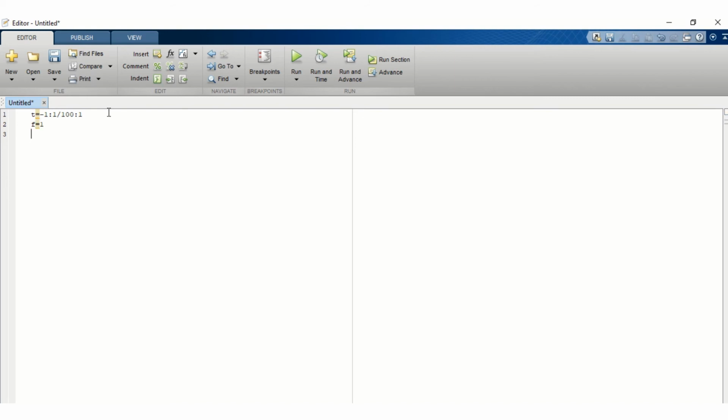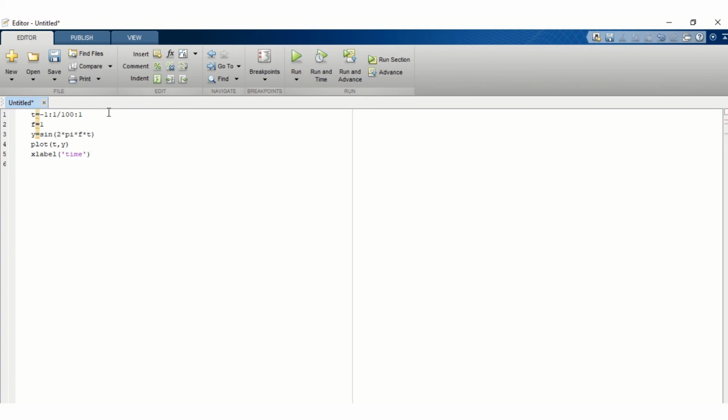And next, y equal to sin(2 pi f t). And now we will plot y with respect to time, and now we are labeling: xlabel time.